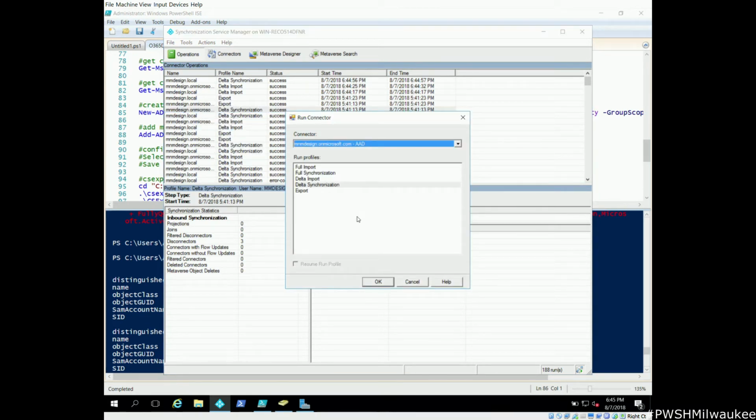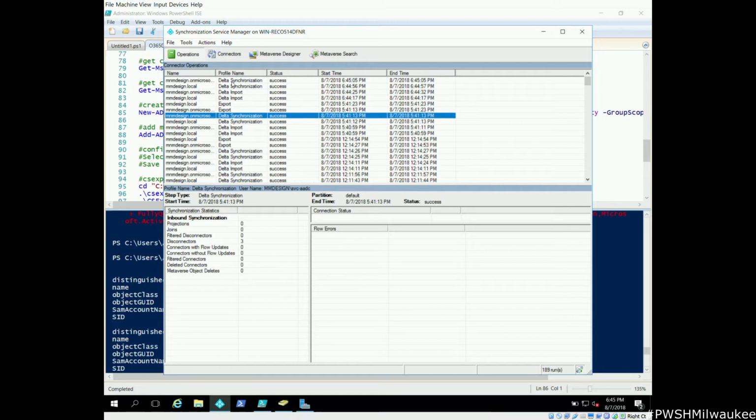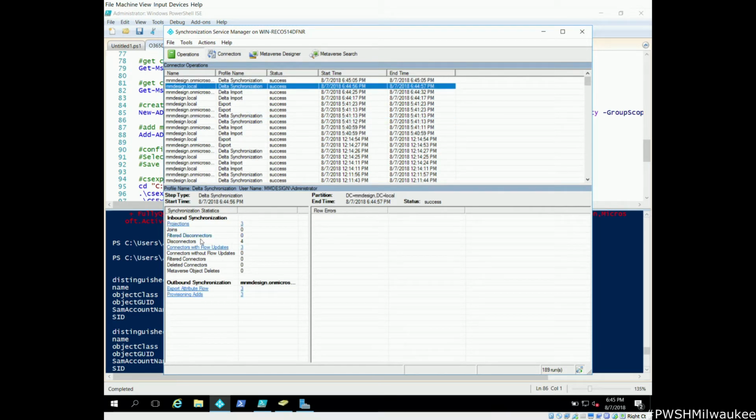And then when the changes occur and you click on the different connectors, you'll actually see what's occurring. So on our local, we can see that we have connector flow updates here, and then projections. And I'm actually going to do one quick thing here because I forgot to do this. But what we're going to do is I'm excluding my group because I wanted to show you how to add